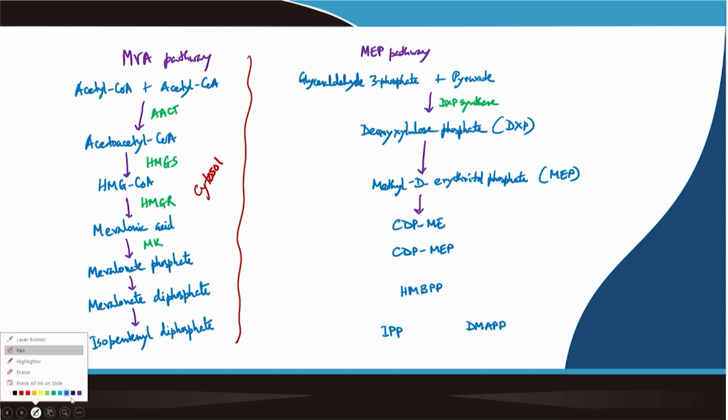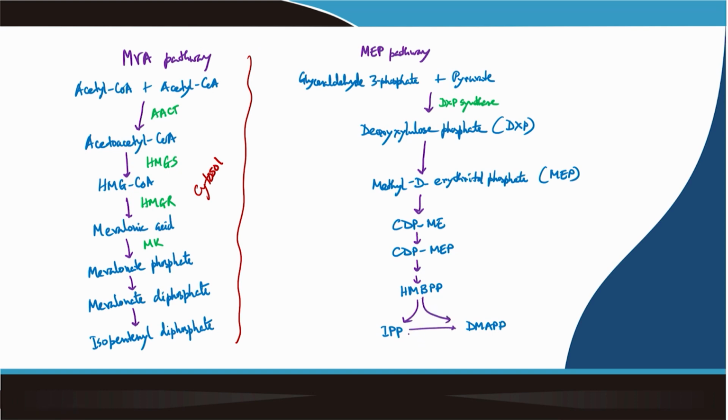So, if I join with arrows, this is DXR, DXP deoxyxylulose phosphate reductase, this is called DXR, this is called MCT, then this is called CMK, this is HDR, this is MCS, HDS, there are so many,